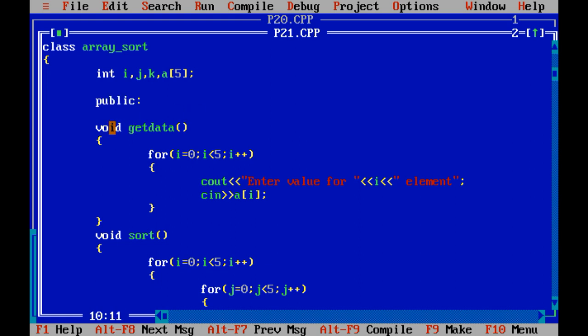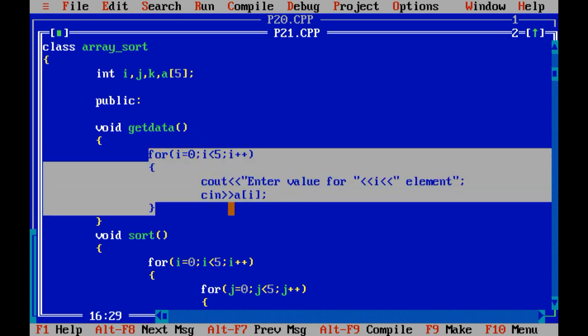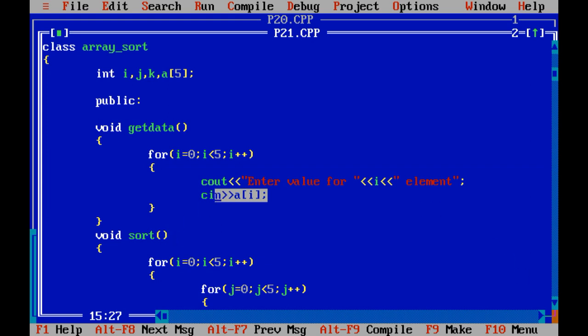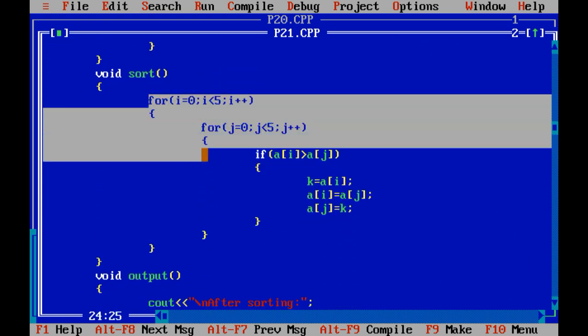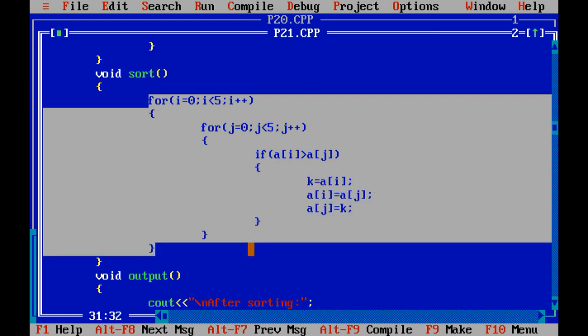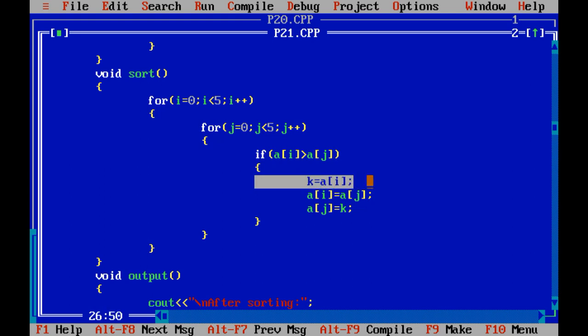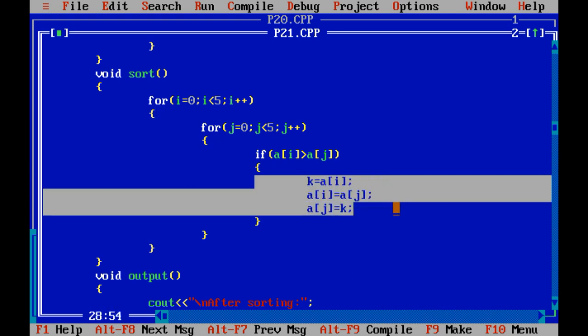Now void get data method, that is the first method through which we are able to input 5 elements within the array. After that void sort method is there. In that we have applied the logic of sorting your data in the descending order, and this is the logic regarding the swapping of 2 values.